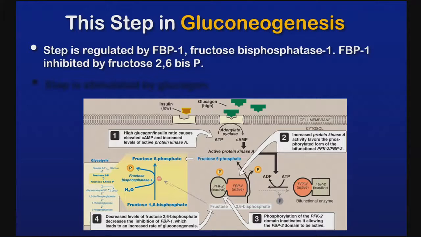So how does this enzyme get inactivated? By a specific kinase called protein kinase A. You know this enzyme? Protein kinase. You learned cell signaling, right? Cyclic AMP. The cyclic AMP is generated by the action of adenylate cyclase, and that occurs when the glucagon level is high. So again, let me give you a little hint on how to, I know it's overwhelming, but